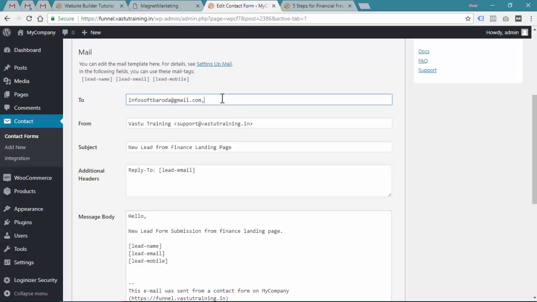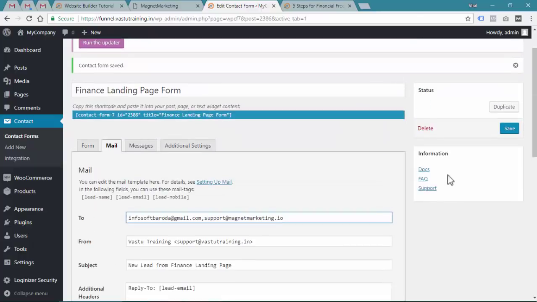And if you want multiple email IDs, that is, I also want to receive this particular email and I also want to send it to my support team, that is support at magnetmarketing.io, so that my support team can also get in touch. And if you want, you do not put space, just comma and enter any number of email IDs you want. So just save,